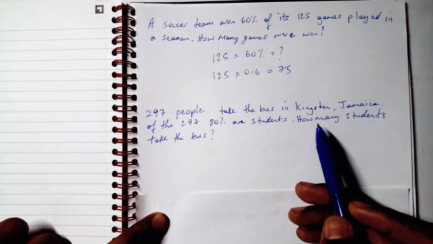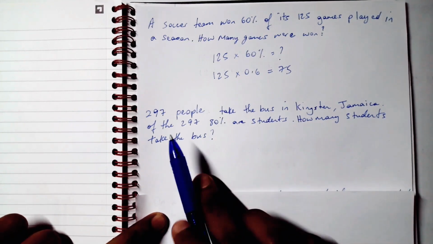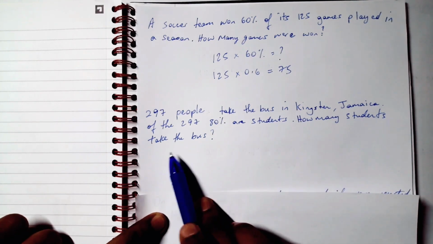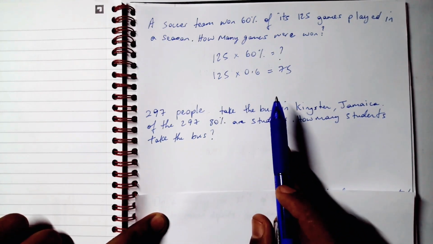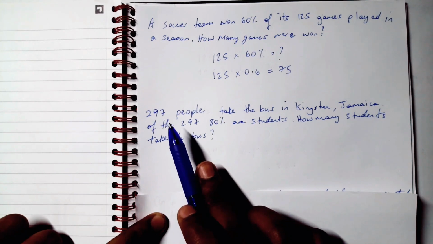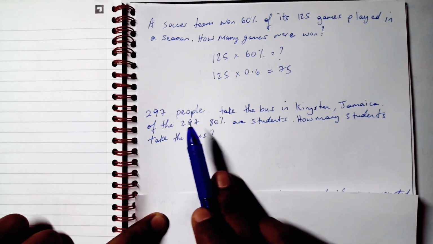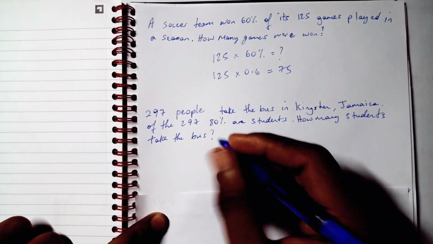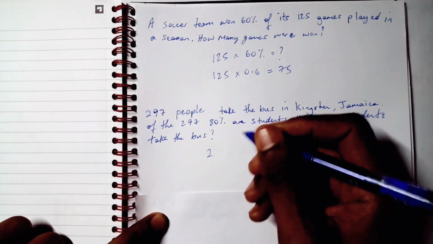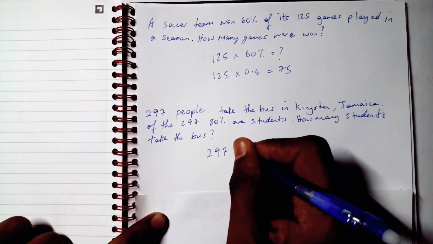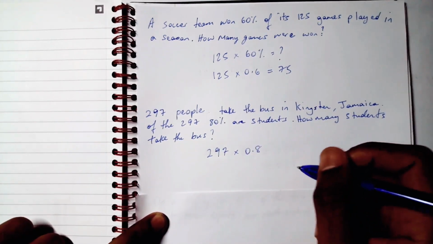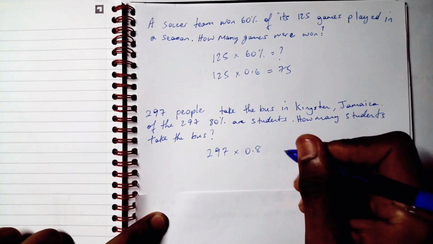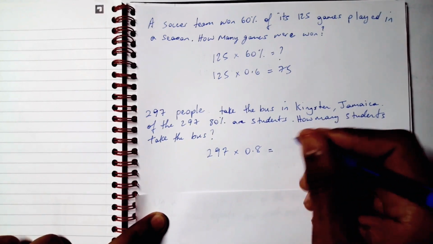297 people take the bus in Kingston, Jamaica. Of the 297, 80% are students. How many students take the bus? Alright, similar to the above, 80% are students, therefore we find 80% of the total, which is 297. So we proceed with finding 80% of 297 by multiplying by 0.8. We skip the 80% part because I think we got the hang of it, which is equal to